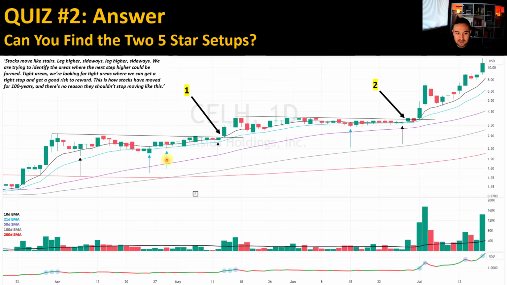shakeout, demand tail, tight, tight, tight, tight, tight. Look at the tightness, look how the volume dries up. Textbook. It moves up, bounces off, and starts finding supportive action around the 21. It doesn't have to bounce perfectly off the 21 every time. It's an area, a region of